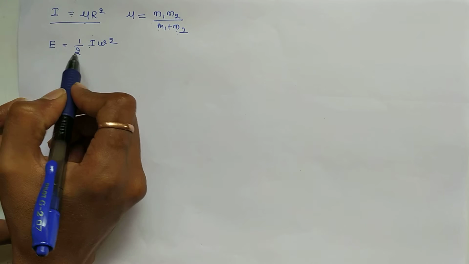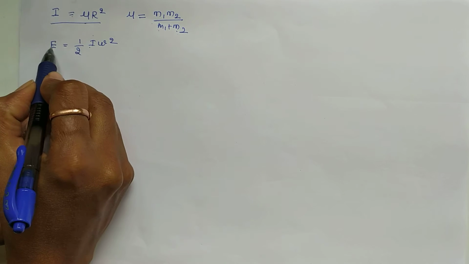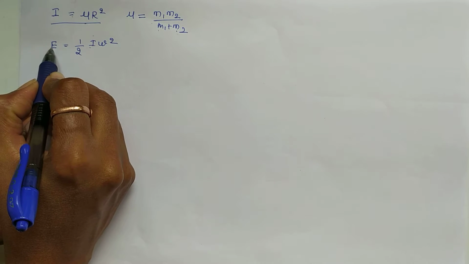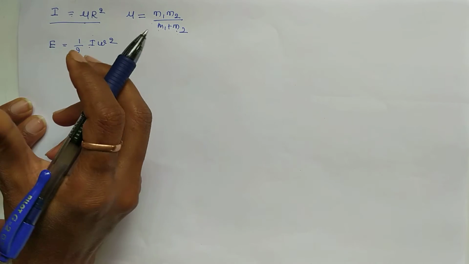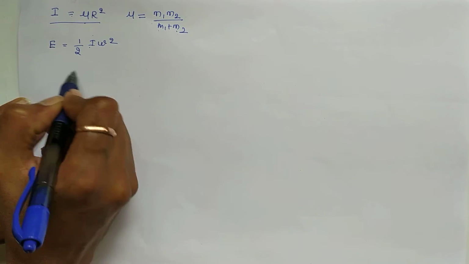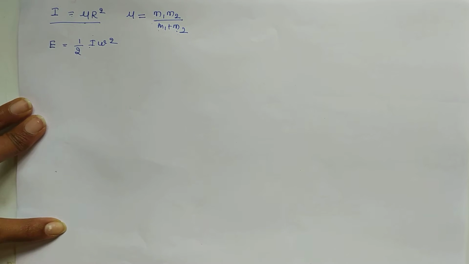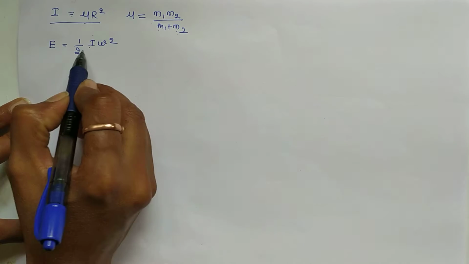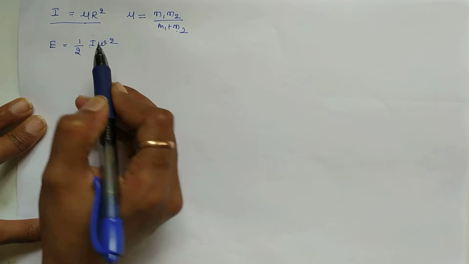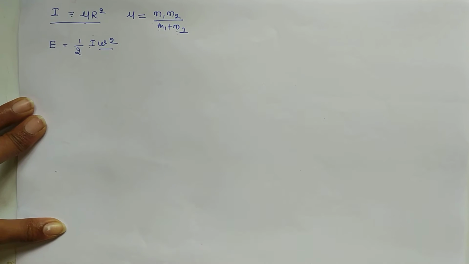Since it is rotating, the molecule is having end over end rotation. So the energy that it is having is rotational kinetic energy, and the molecule is not vibrating, so potential energy will not be there. So total energy becomes equal to the total kinetic energy of the rotating diatomic molecule, and the expression for that is given by half I omega square, where I is the moment of inertia and omega is the angular velocity of the rotating molecule.